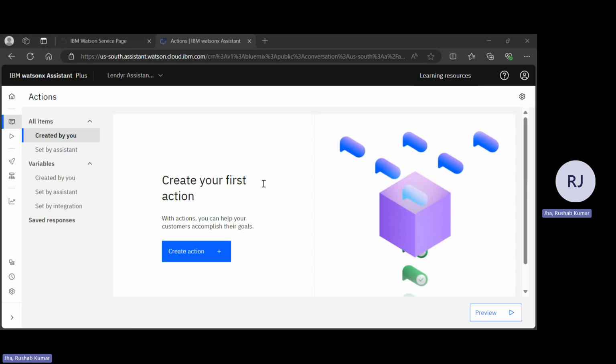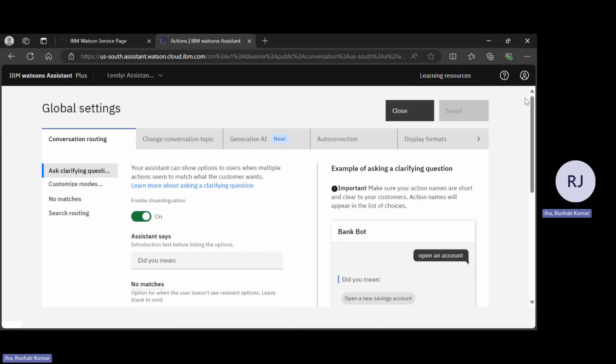What I mean by steps is that while you create an action, there's an action plan. Then there are steps that need to be taken in order to reach the destination. So those are the steps. Like after you create an action, let's say I want to create an action right now. I will be creating a couple of things, but let me take you step by step. I'll not confuse you. First of all, you can create an action plan from scratch, or else I have done something. IBM has already created a small